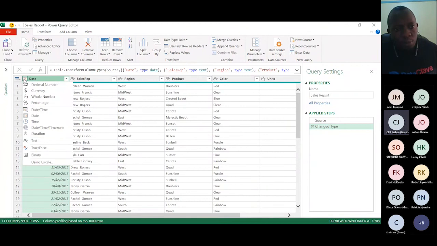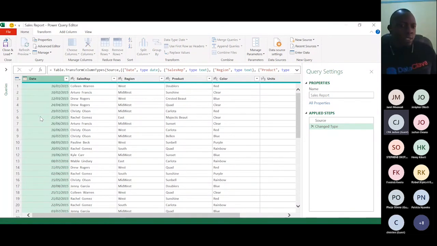That will give you a drop down with the available data type options, and then make sure that that is recognized as a date. So don't pick date time. Just pick date. So you click on that. Click on date. Now, for the guys who don't have this button, an alternative for you,